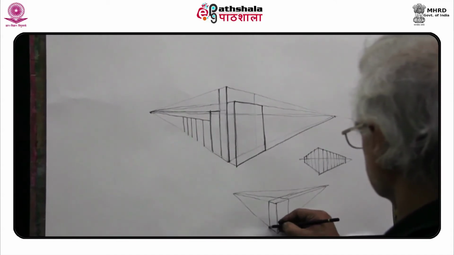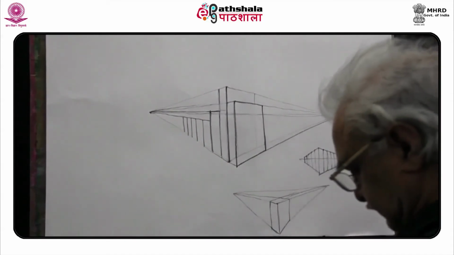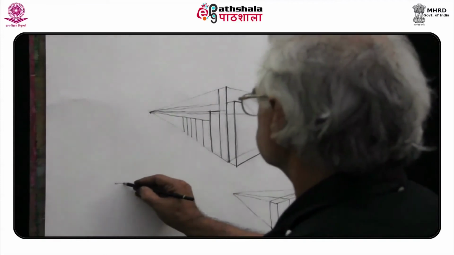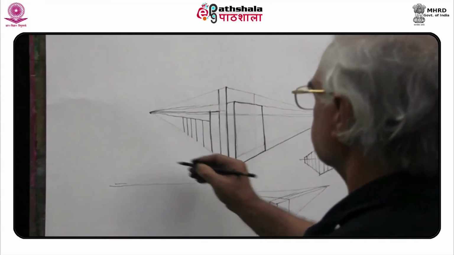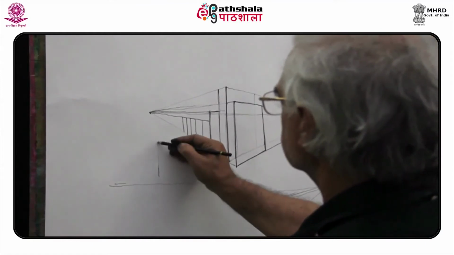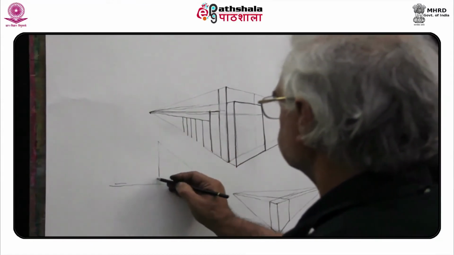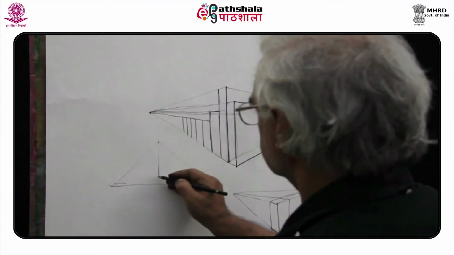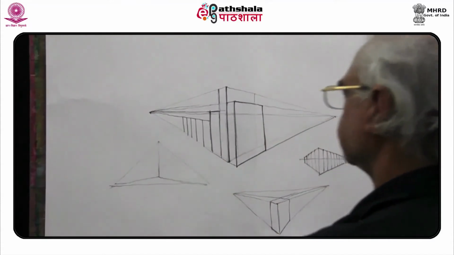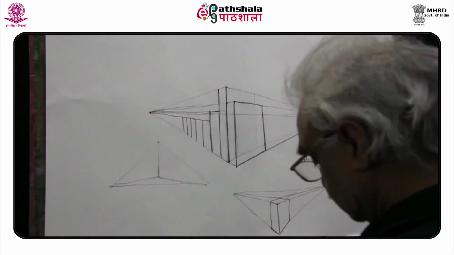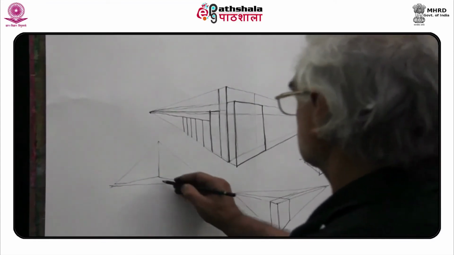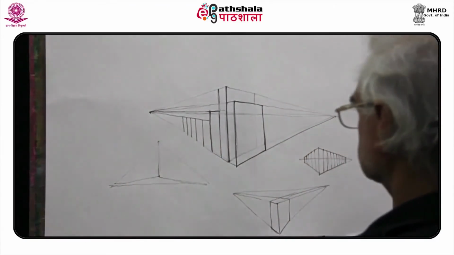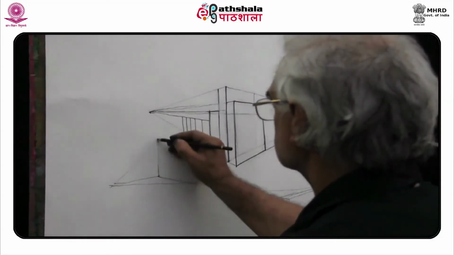Here too, more and more lines will create more and more blocks. The only difference here is that one can see the top of the block, just as one looks at the object from above. For above eye level perspective, draw a horizontal line and place a line implying the object above the horizon. Like in all exercises, here too join the top and bottom points of the object to the vanishing points.